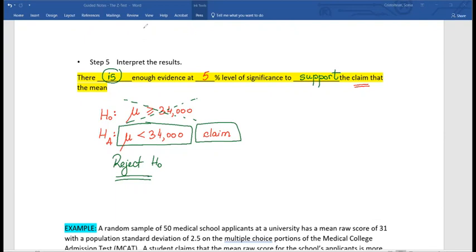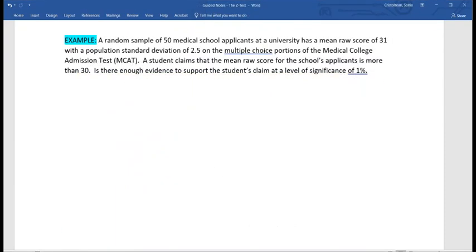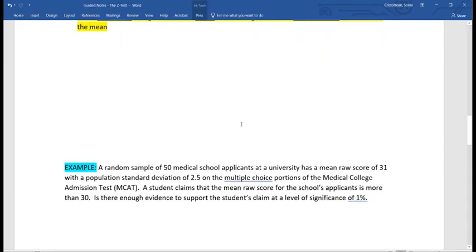Let's do one more problem. And this time I did not write down the steps. We will actually go through the steps without writing down the template. Here we go. A random sample of 50 medical school applicants at a university has a mean raw score of